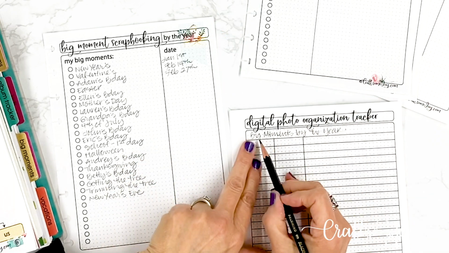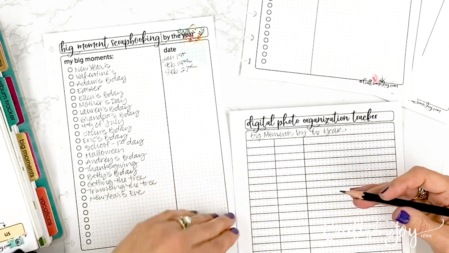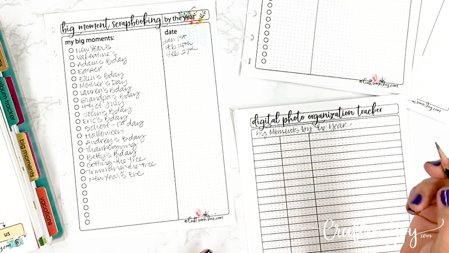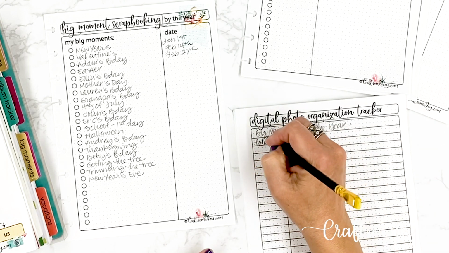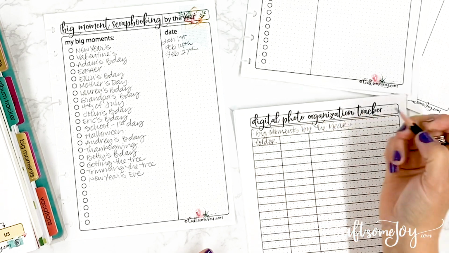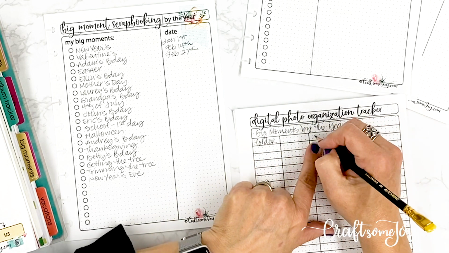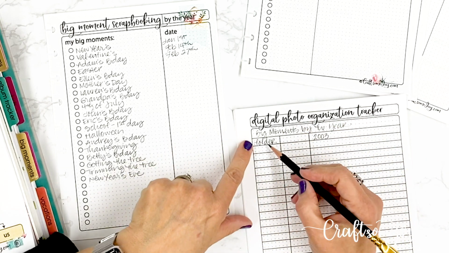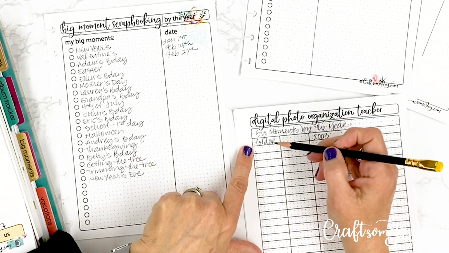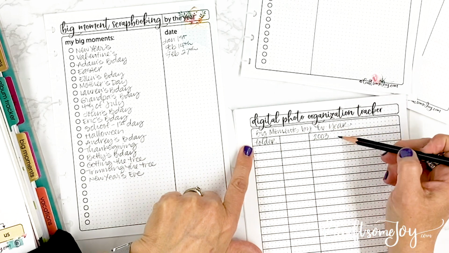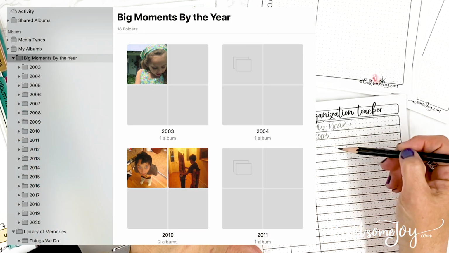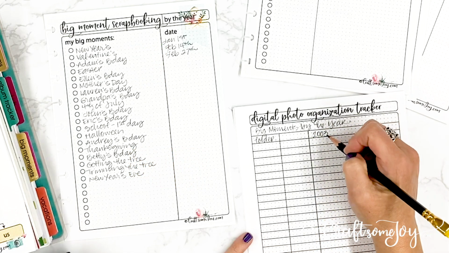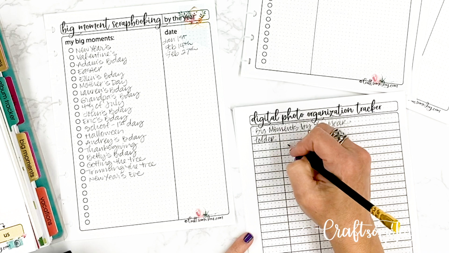Okay, and so for Big Moments, this is a chronological setup for my albums. So the way I have this is that I have a folder. Okay, so in the first box, I'm going to put folder, and that folder is the year. So that year is 2003. So if you were to look at my file structure, it's going to go all the way down under Big Moments. It's going to have a folder 2003, a folder 2004, a folder 2005, and so on. So under each of my year folders, though, I have also created an album,